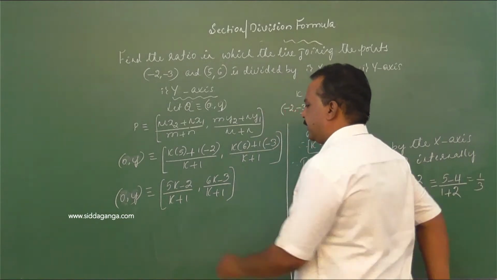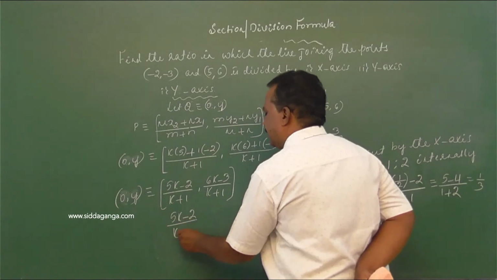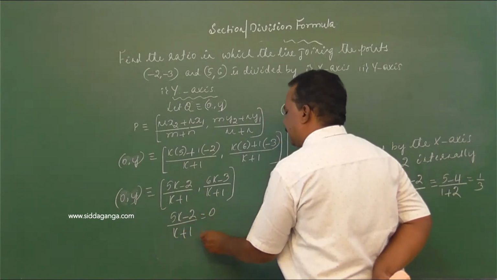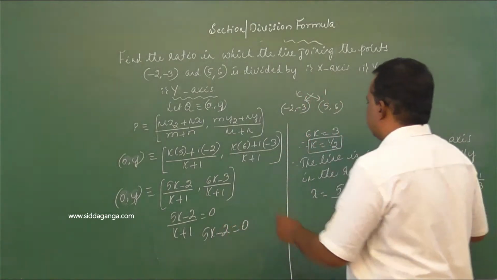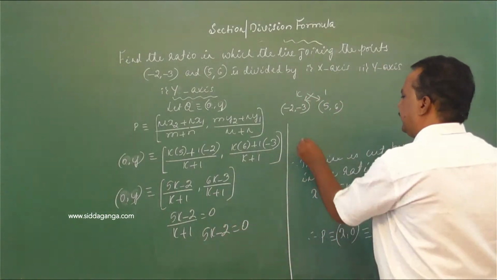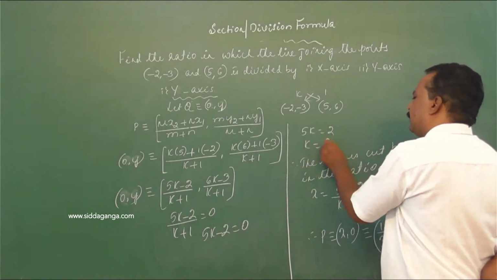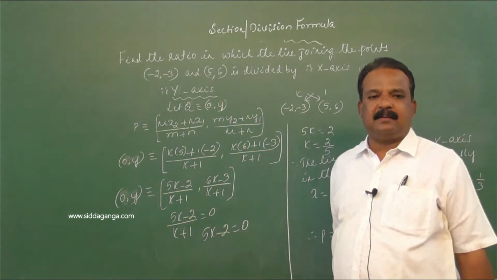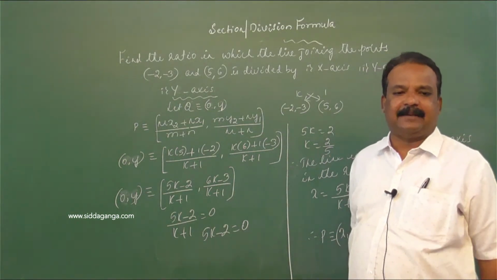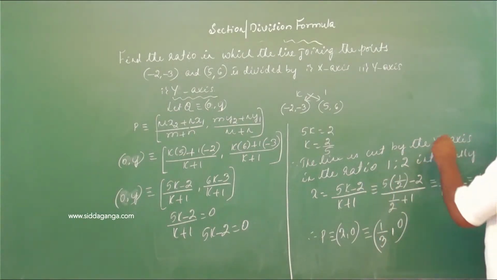What is x coordinate? 5k minus 2 divided by k plus 1. That must be equal to 0. 5k minus 2 is equal to 0. So 5k is equal to 2. Therefore, k is equal to 2/5. So I think Shweta Karuturi has answered it correctly. The line is cut by the y axis in the ratio